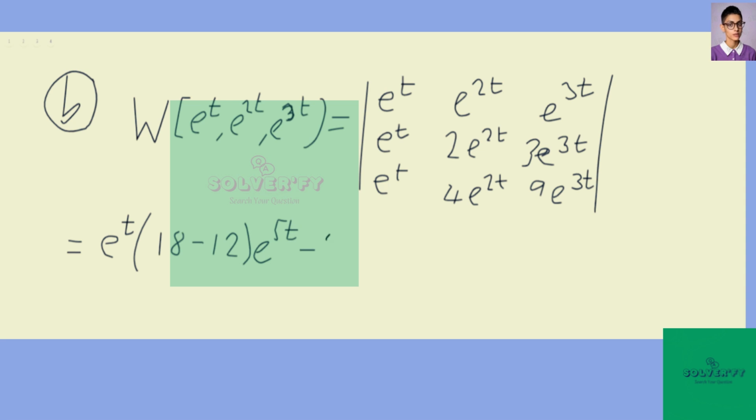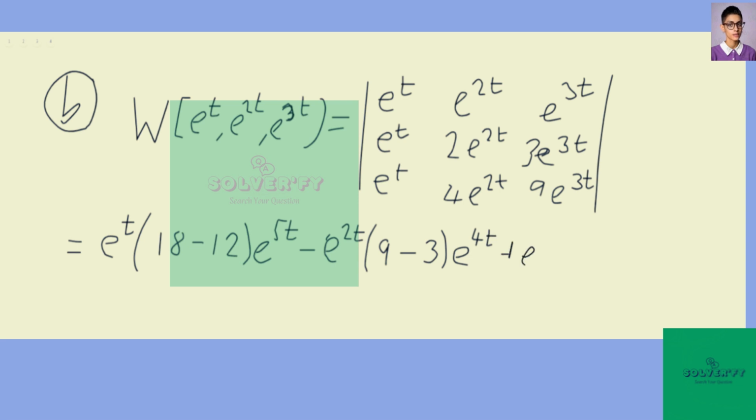Then minus the top middle element, which is e to the 2t, multiplied by 1 by 9 minus 1 by 3, which is 3, times e to the t times e to the 3t, which is e to the 4t,